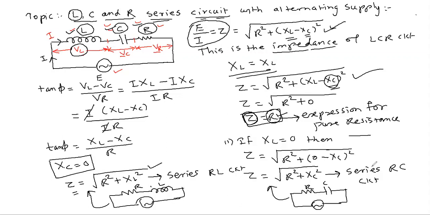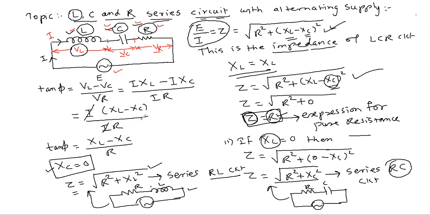So these are the things. In the series RC circuit, you get Z equal to square root of R square plus XC square. In the case of RL circuit or LR circuit, impedance Z is equal to square root of R square plus XL square. What is the impedance? It is the effective opposition in that respective circuit. Since here there is no XC term, you have considered that the capacitive reactance is 0. Here you have considered that the inductive reactance is 0. So these two circuits become the RC circuit and LR circuit.